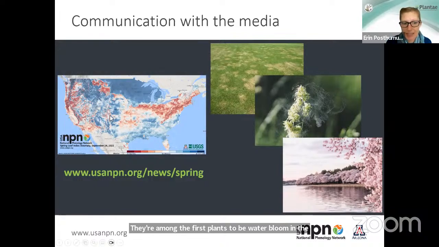And what's really neat is we've taken this map and made what's called an anomaly map. This is a way to compare this year to a long-term average. This map will actually show, for locations across the country, whether you are earlier or later than average. And this is a way we can relate this to activity of lawn pests or allergies, or recreation like the Cherry Blossom Festival in Washington, D.C.